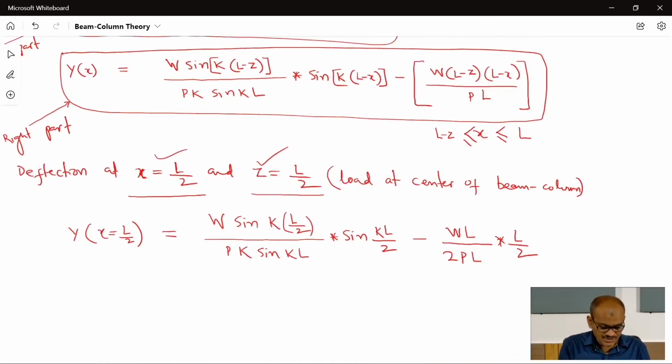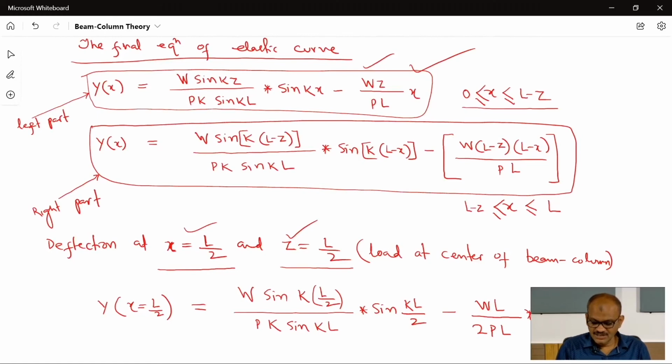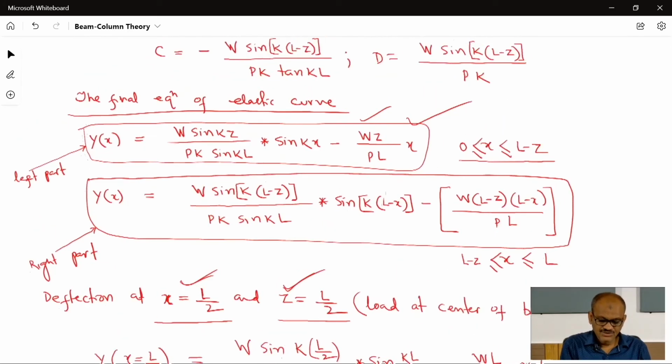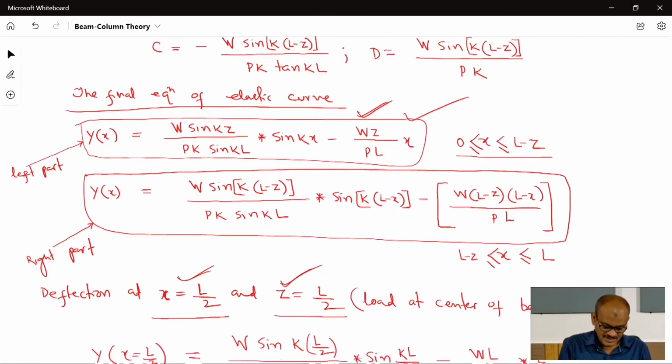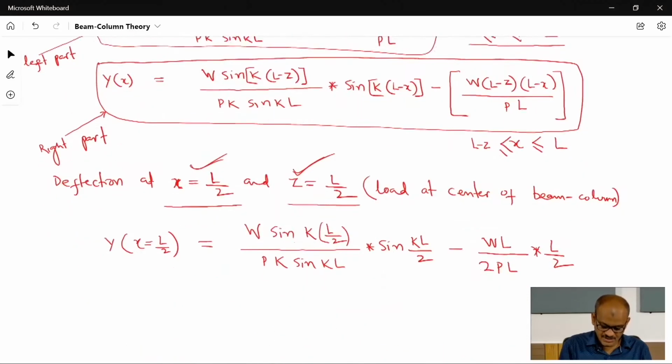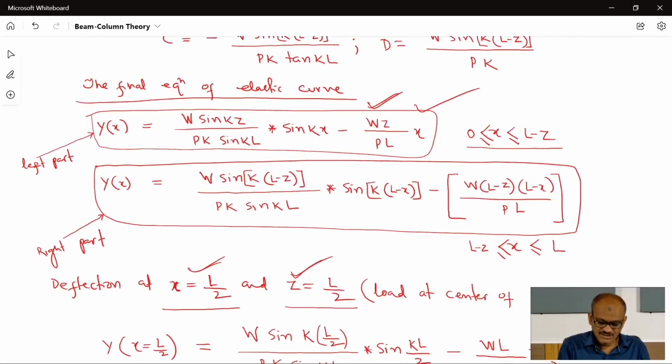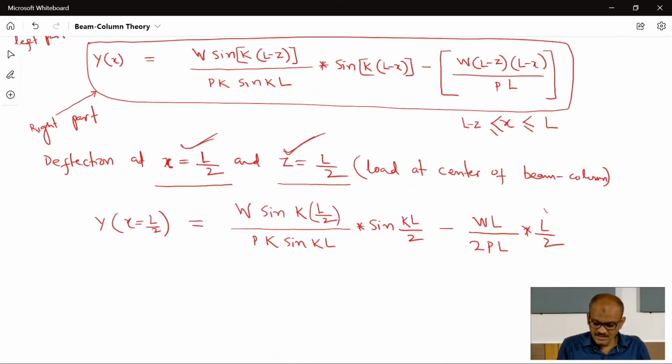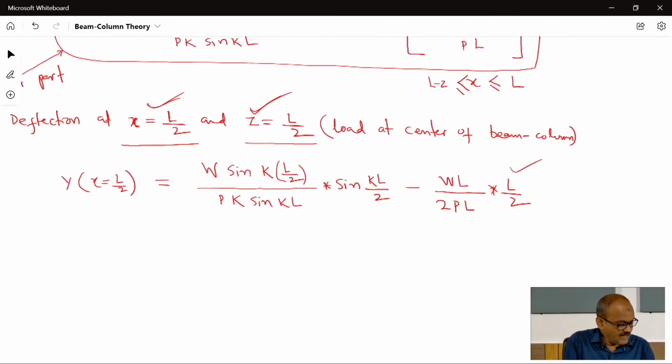You can use any of these equations, because the x value is defined and the z value is defined. So you can substitute here, use any one equation, and we get this expression, and this value will be